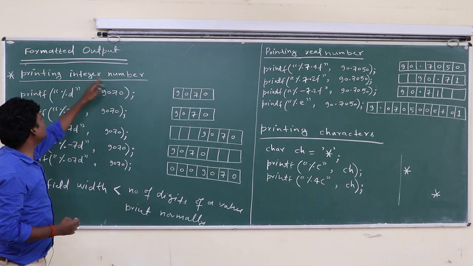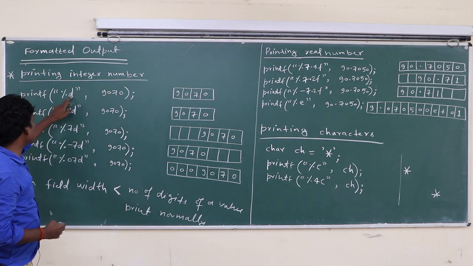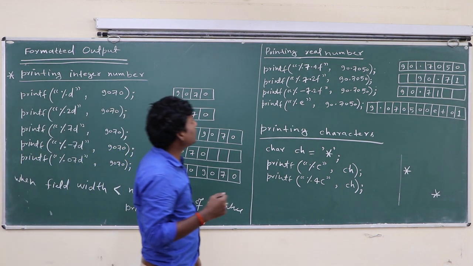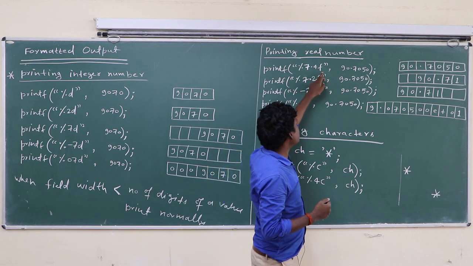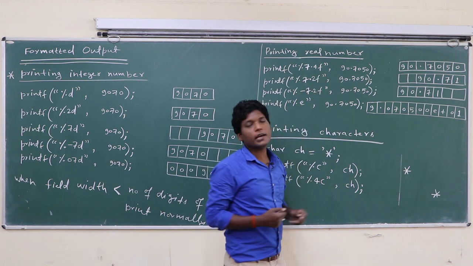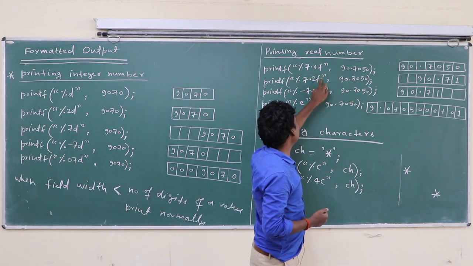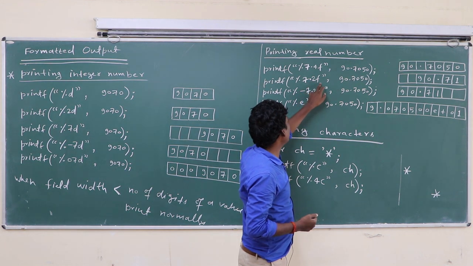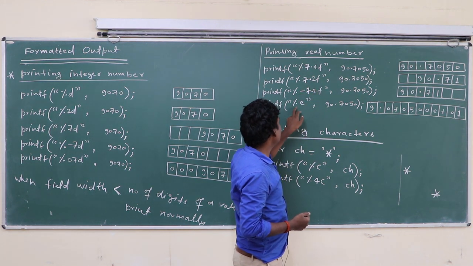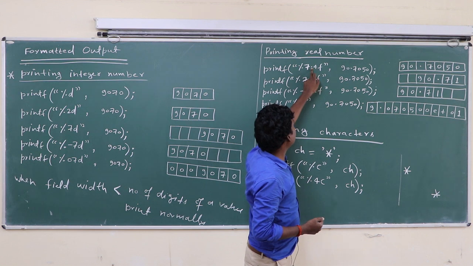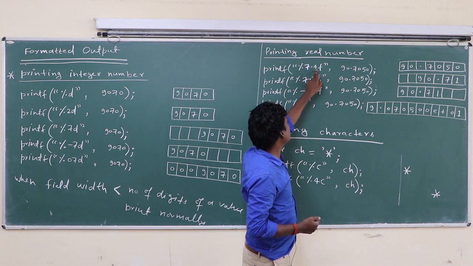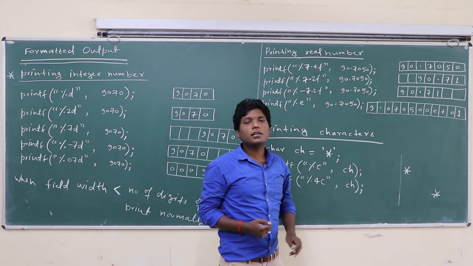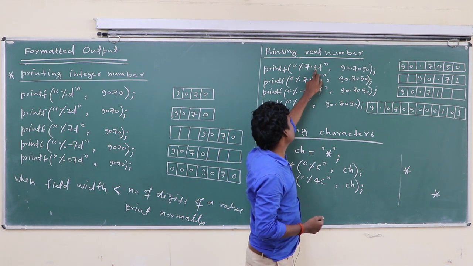So for printing integer numbers, that's why there is %d, %d, %d, %d. But when you are going to print real numbers, then in place of %d there will be %f. So here is a %f. So class, here are %7.4f, %7.2f, %-7.2f, %e. Class, after the decimal there are 4, so the number has a precision of 4 places after the decimal, okay.